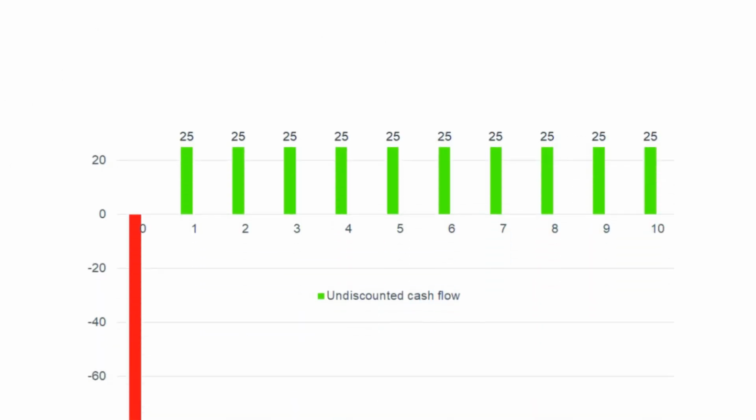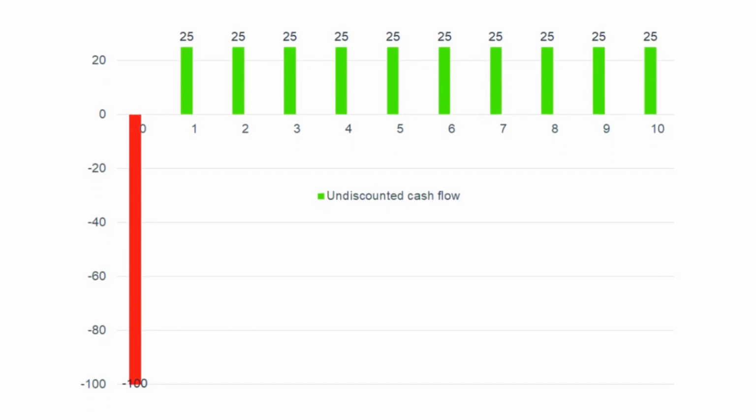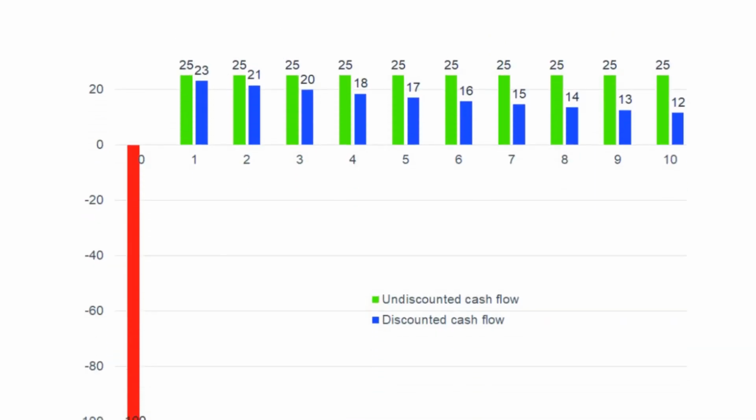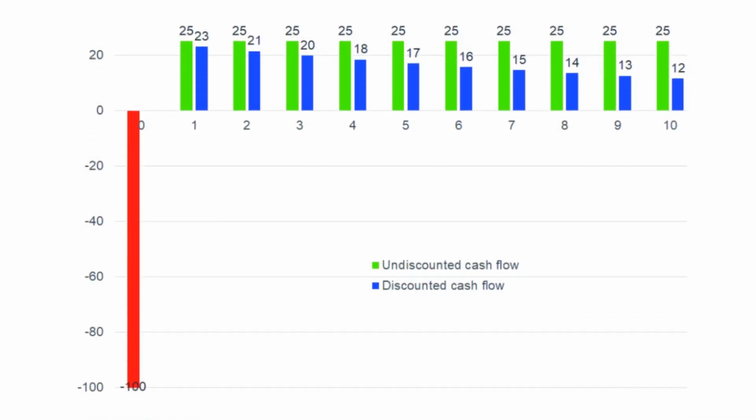So as an example, you have a capex of $100. The life of the capex is 10 years, and the WACC is 8%. Every year, you get $25 back. The $25 per year are undiscounted cash flows because it is the money that you will actually get every year. You will see that exact amount of money. When we discount this, we stand in year 0 and bring the value in year 1 down from 25 to 23 by dividing by 1.08. And year 2 is down to 21, dividing by 1.08 to the power of 2, and so on.